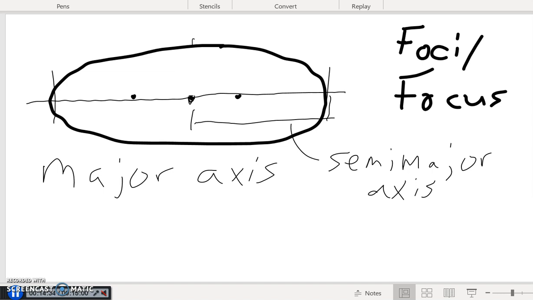And the axis cutting the shortest distance across is called the minor axis, and of course half of that would then be the semi-minor axis. Now we denote the semi-major axis with the letter A, right, and that's going to be important here shortly. But that's the general idea of an ellipse. Now one thing to note also is that a circle is an ellipse with